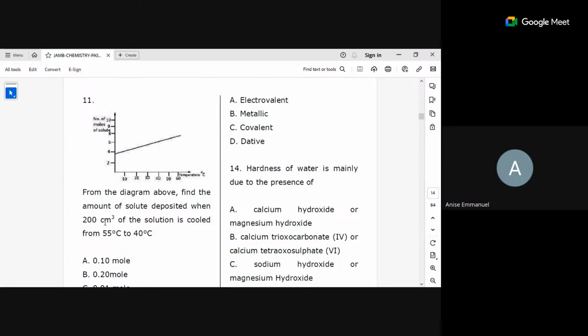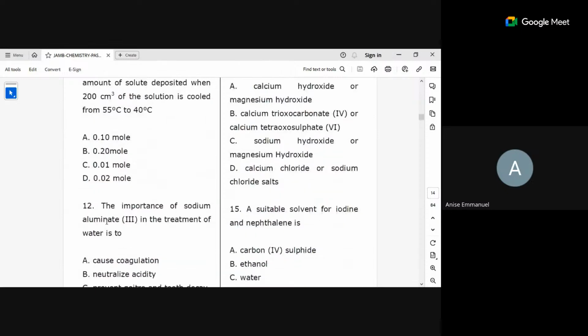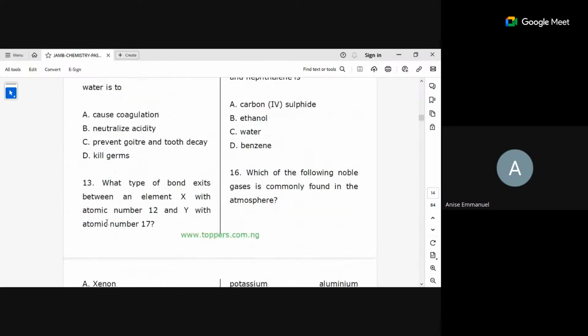Because aluminium... Oh, magnesium chloride. Magnesium is number 12. Aluminium is number 13. I'm really sorry for that. So magnesium is number 12, aluminium is number 13, and chlorine is number 17. So we are dealing with atomic number 12, and the compound now is magnesium chloride. So meaning 2 to 7, metals to non-metals.